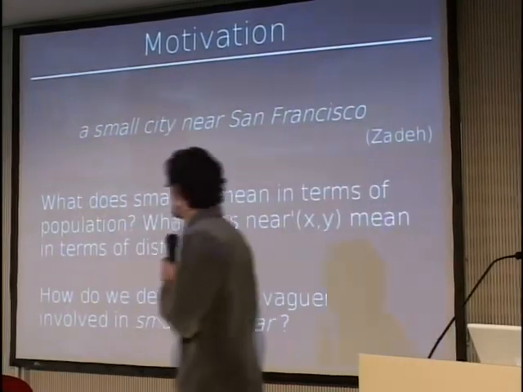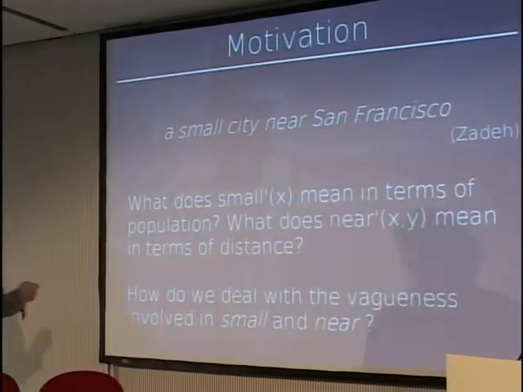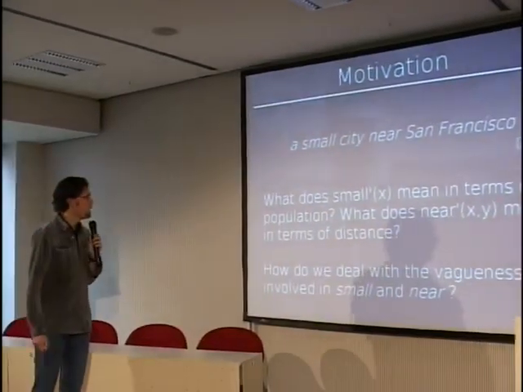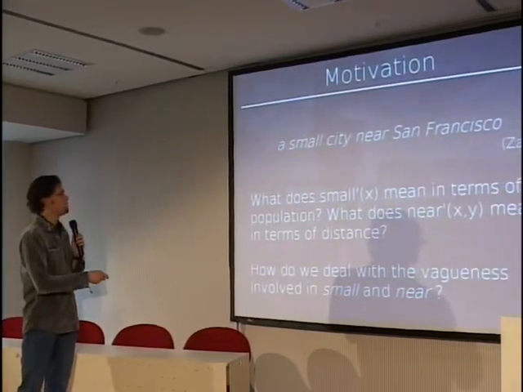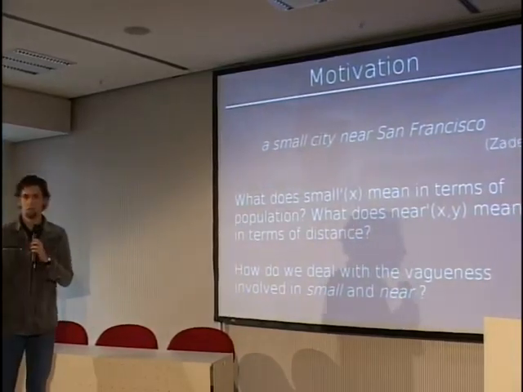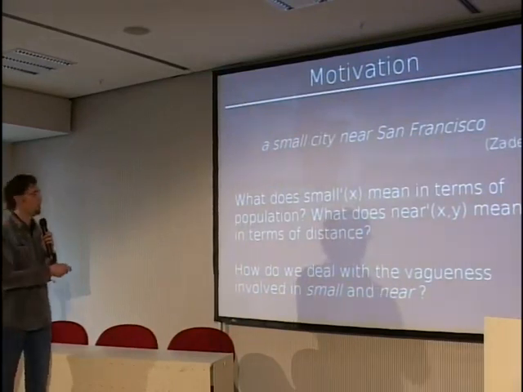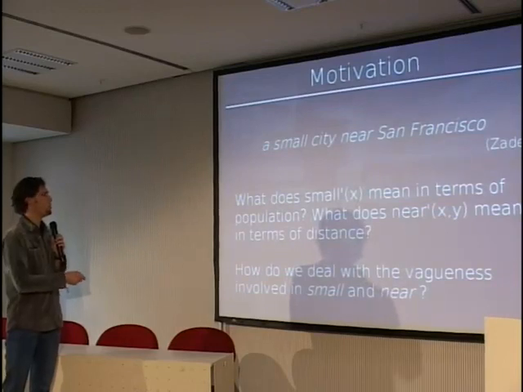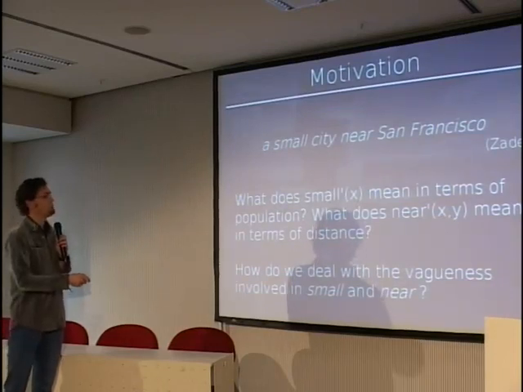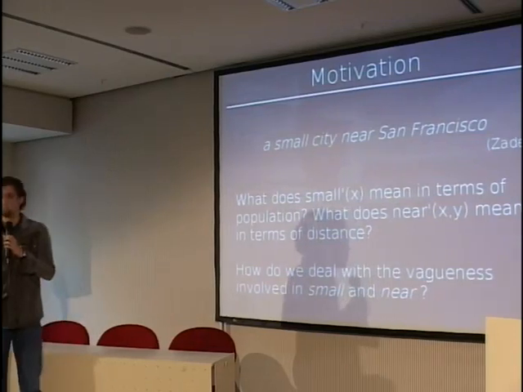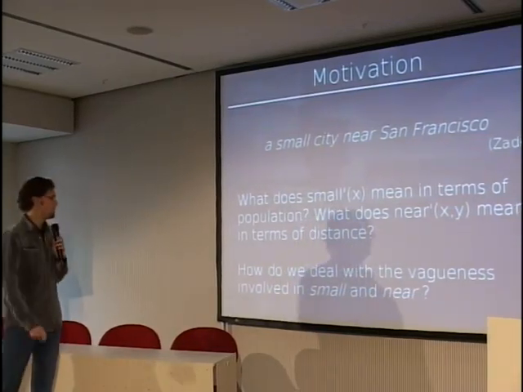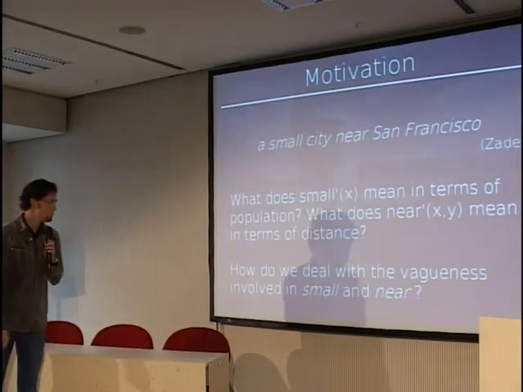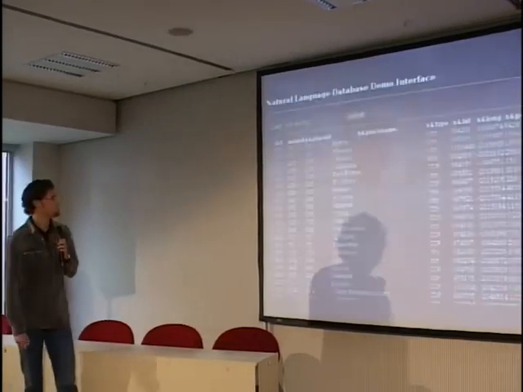So from a linguistic point of view, what we're really interested in is we have an expression like a small city near San Francisco. And then, of course, if small turns into a logical predicate, like small of x, where we know that x is a city, then the question is, what does small of x really mean in terms of the population of x? What does near prime of x and y mean in terms of the distance between x and y? So in linguistics, that problem is known as vagueness,